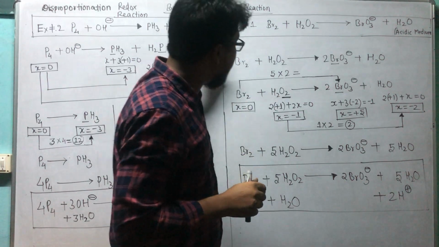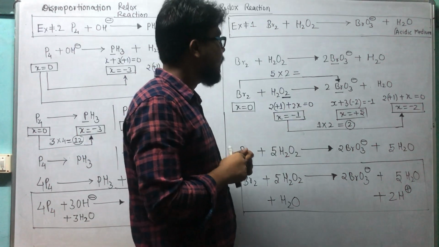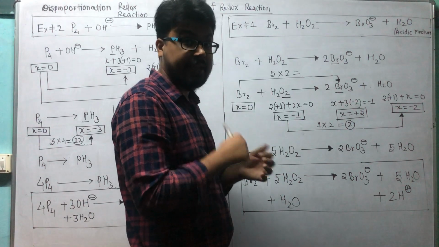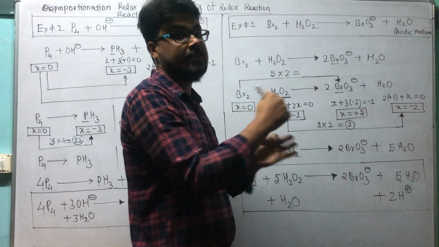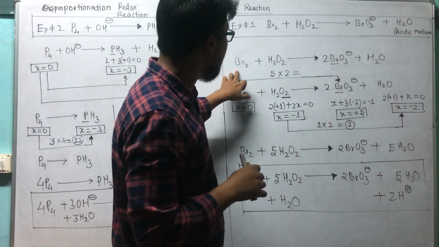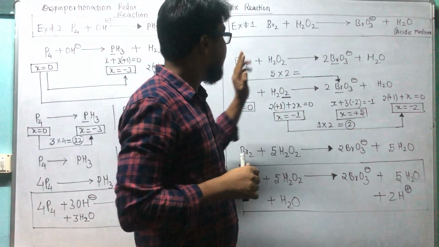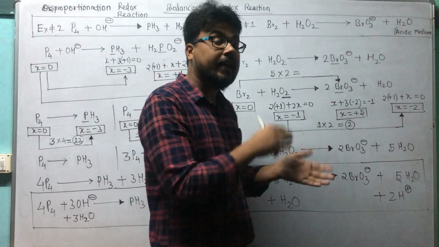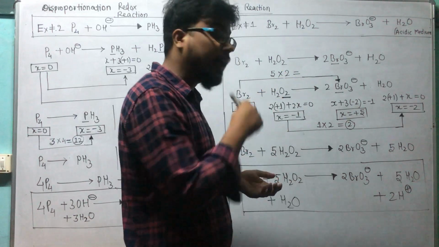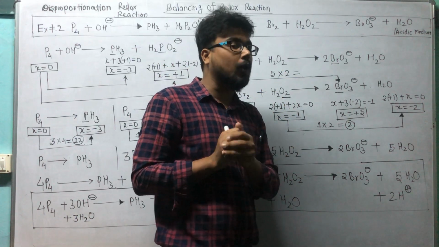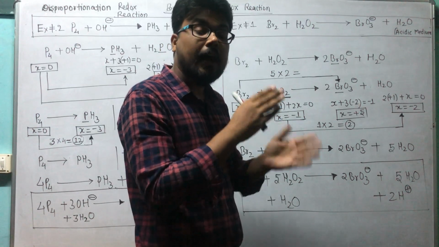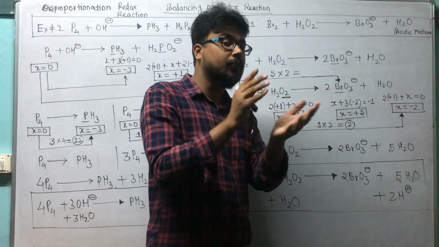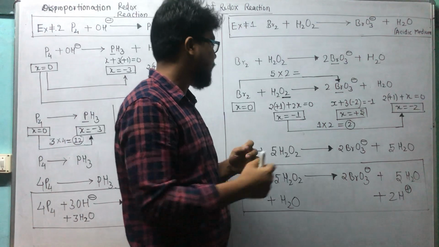So first of all, I will write the complete redox reaction. After that, I will balance that atom which is oxidizing or reducing, except hydrogen and oxygen. Same concept I will follow, correct now? So here bromine is 2, that's why I put 2. Here oxygen or hydrogen, I will not balance because they are not in that case. For balancing of H atoms and O atoms, I will use H2O and H plus, as in step 3 and step 4 of the acidic medium rules, correct now?